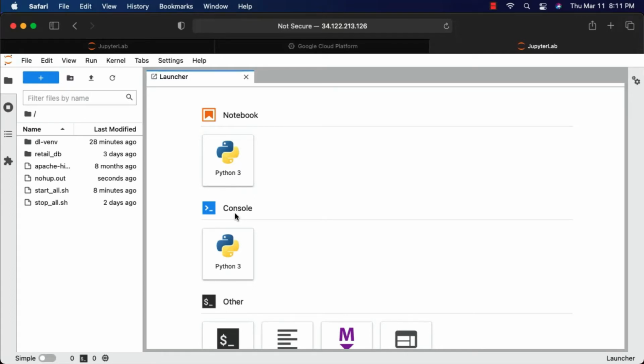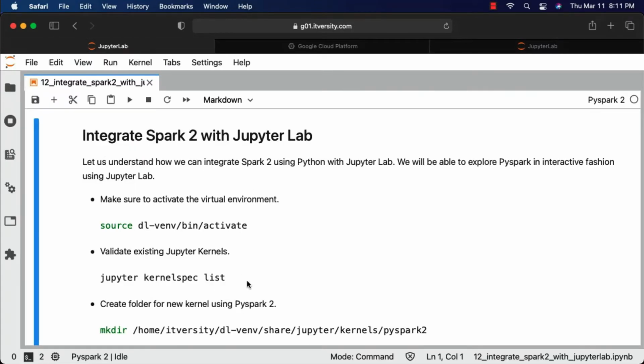We can install the Spark library using pip, and we should be able to develop code using Spark. However, that Spark might not be integrated with Hadoop directly. We might have to take care of integration. Already we have Hadoop and Spark set up on our server where we are setting up a single node cluster. We want to use the existing one, and hence we want to create a new kernel with Spark embedded with it. That being said, to create a new kernel from the command line, you can use jupyter kernelspec and then